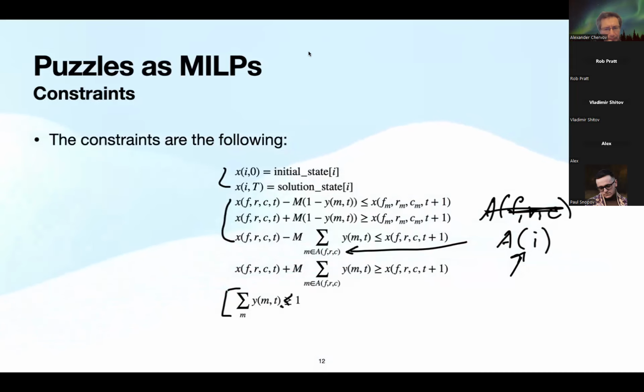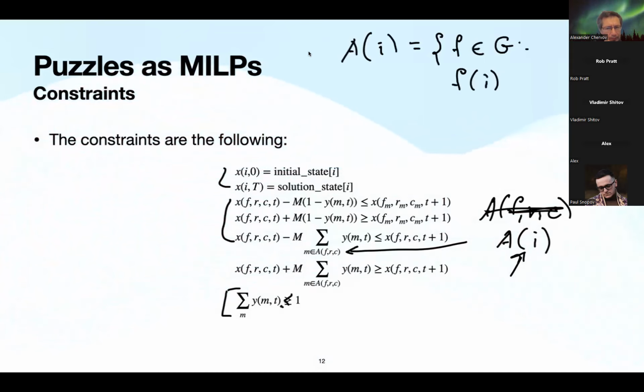Basically, A at the point I is just the set of elements F in our group such that F of y is equal to I. Here the information about the moves is incorporated in the linear program.